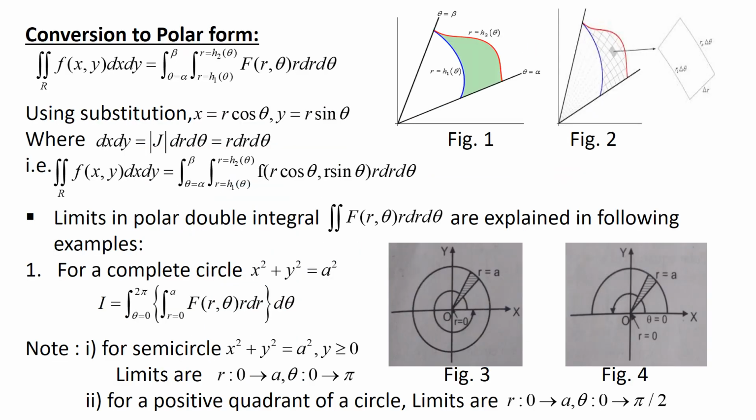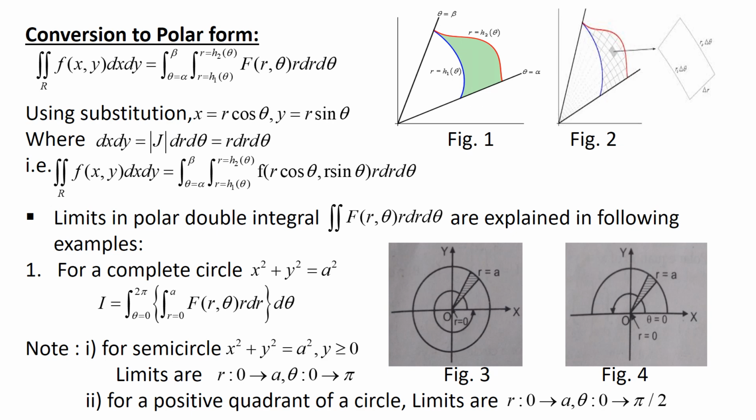See how to convert to polar form. Sometimes the relation in Cartesian form, that is x and y, is not easy to evaluate, or it is not easy to find x in terms of y or y in terms of x. Functions may be in tedious form, so it is not easy to calculate the further steps. Instead, if we use conversion to polar form, in terms of r and theta, the calculation reduces and the answer is possible easily. For this we use conversion from the Cartesian system to the polar system, that is x, y to r, theta.